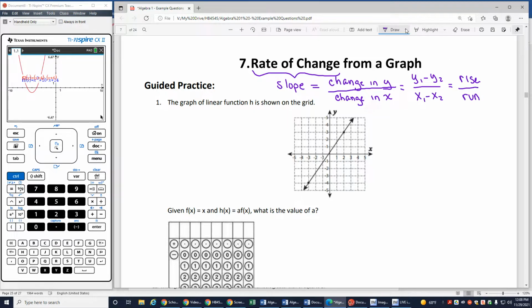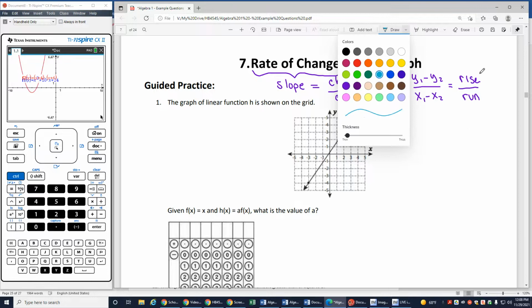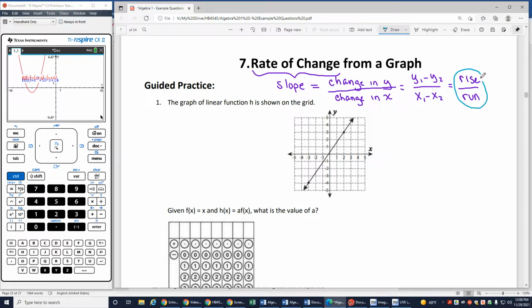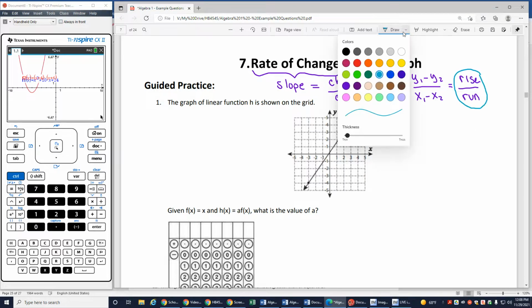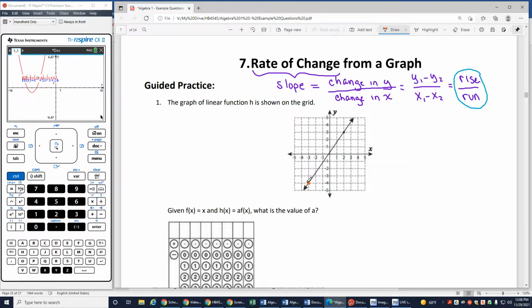Okay, since we have graphs on each one of these, we're going to look at the rise over the run. So you need to find 2 points on your graph and figure out how far up and how far over you have to go. If I look at this point right here and this point right here, those are the 2 points they gave me. I need to figure out how far up. 1, 2, 3, 4, 5, 6, 7. And notice I didn't count